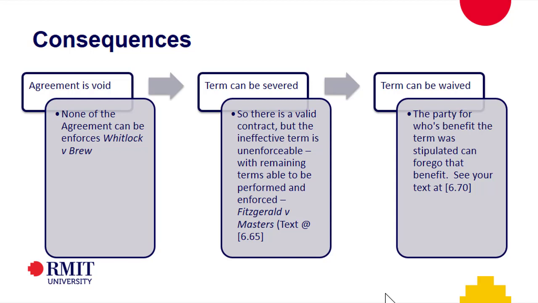So if you have an unfettered discretion, let's use the example: I promise to sell you my shares, and you're going to agree to buy them subject to finance, which at your absolute discretion needs to be suitable to you. It's really broad, you've got absolute discretion as to whether or not you can buy or not.